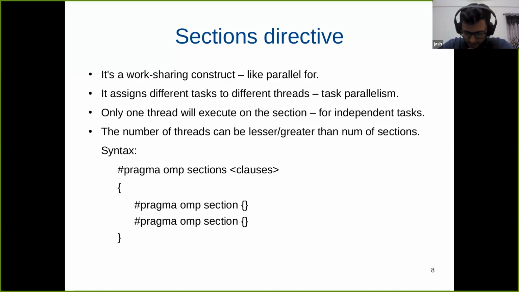In the next session, tomorrow's session, we'll see how to use a few of the runtime libraries, and we'll see some applications of OpenMP, and how we can apply what we have learned so far in some real world applications.